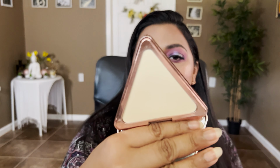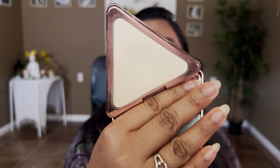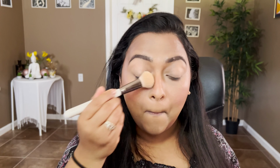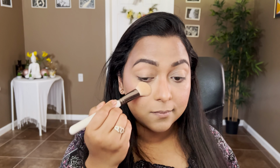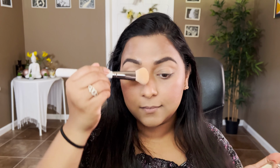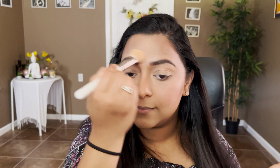Okay, now moving on to the pressed powder products. I absolutely love LYS Beauty's translucent setting powder, and this one is in the shade Resilience. This is my favorite under eye setting powder. If you want something in a pressed format, I would highly recommend this. This again smooths out every texture that you have on your skin. It's such a beautifully milled powder, and the ingredients are so clean. This is a clean beauty brand found in Sephora and on lysbeauty.com, and it's a black owned beauty brand,